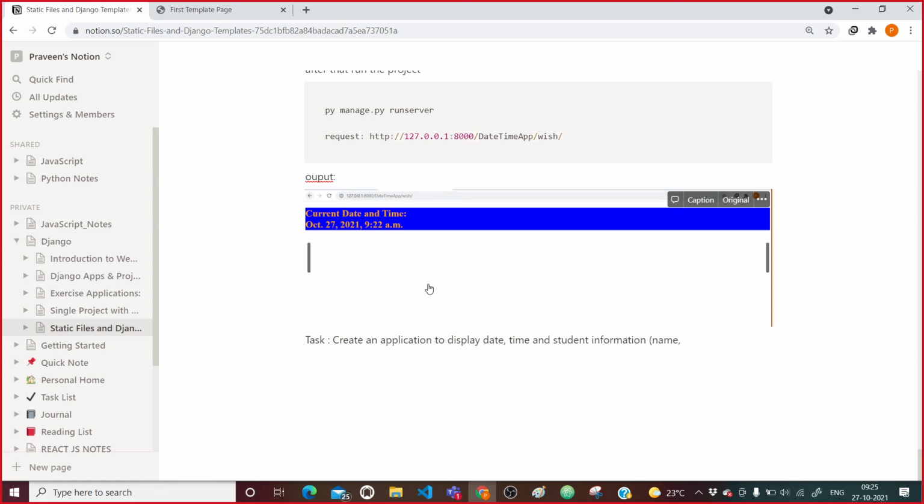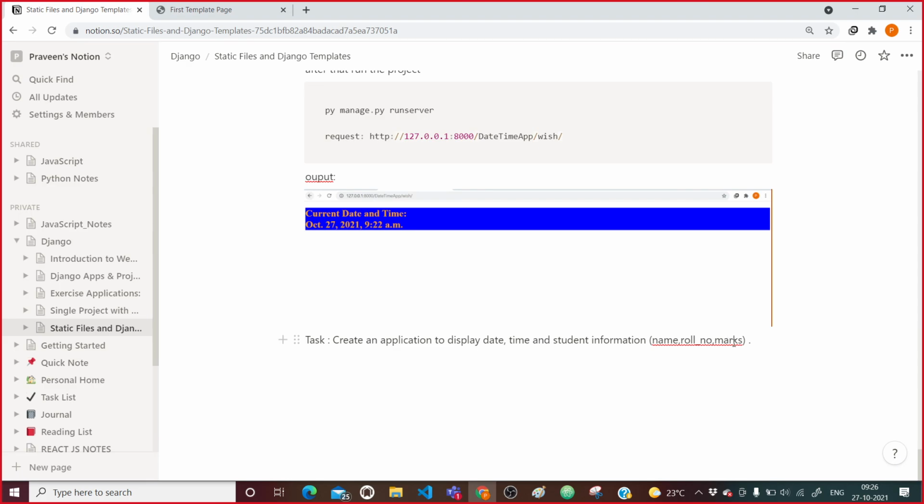It will contain name, roll number, and marks. So in the next class, I would expect one student app inside the same project, which will display the current date and time, as well as student information: name, roll number, and marks.